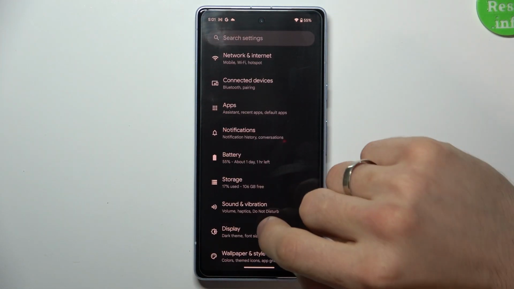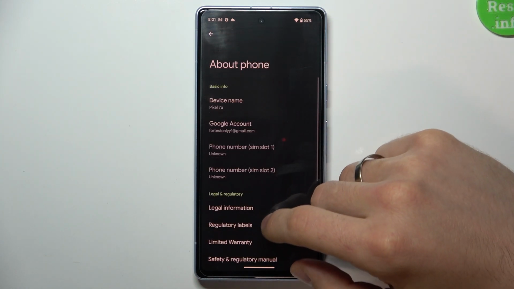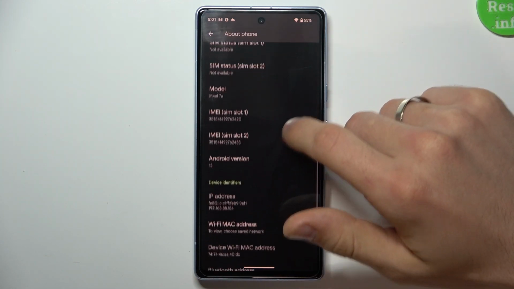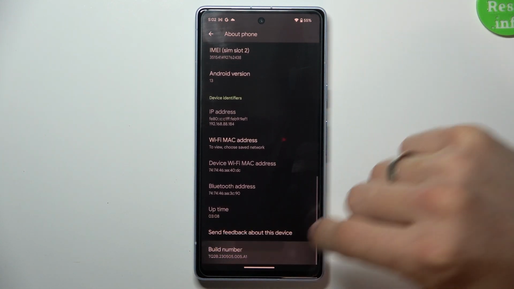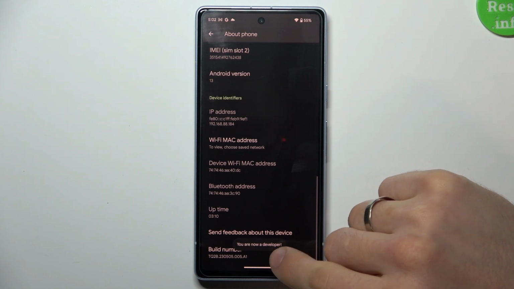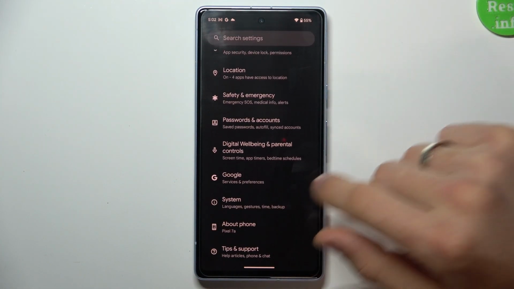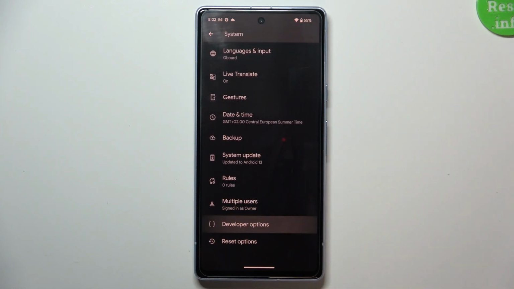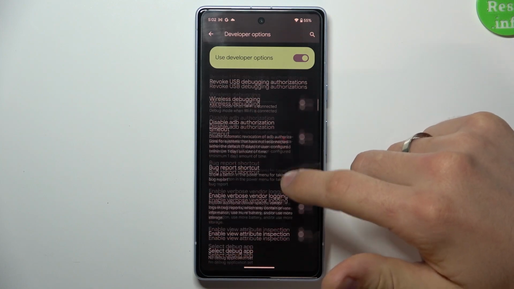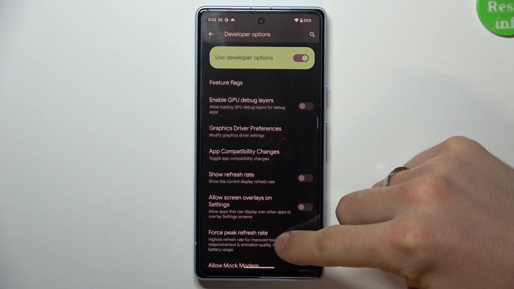To do it, we need to scroll down in the settings and find here about phone. Scroll down, find here build number and click on it 7 times. And as you can see, you are developer now. Go back, find here system, scroll down and here you will see developer options. Open it and scroll down and find here